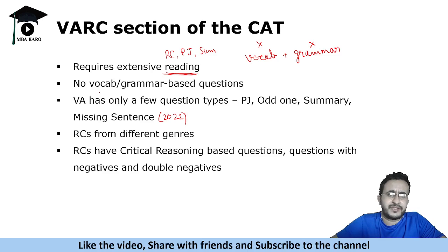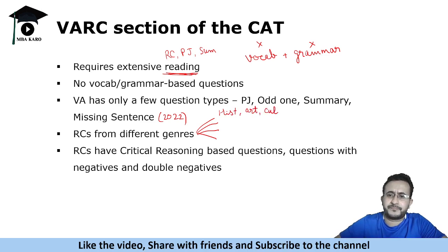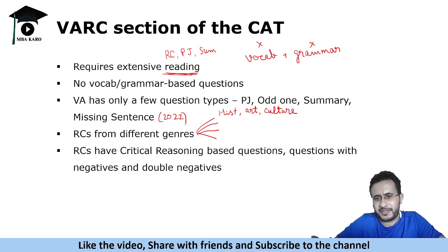Then you have reading comprehensions from different genres. That is one striking feature of the examination, that the RCs are based on different themes. Like you might have some RC from history, it could be from arts, it could be from culture at a global level, not some Indian culture. It will be like, let us say, culture of some African country, some South American country, and so on. Then you might have something related to philosophy,